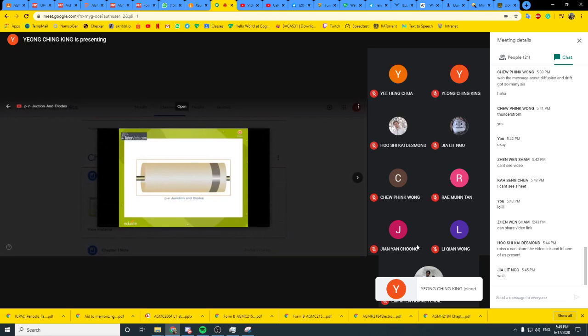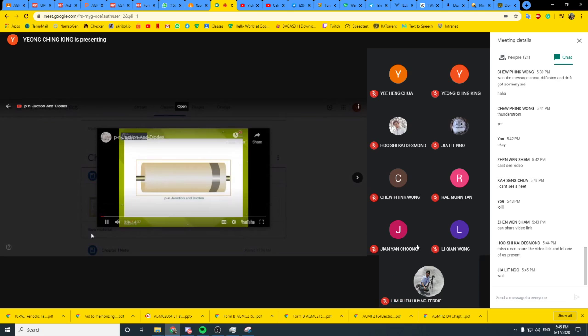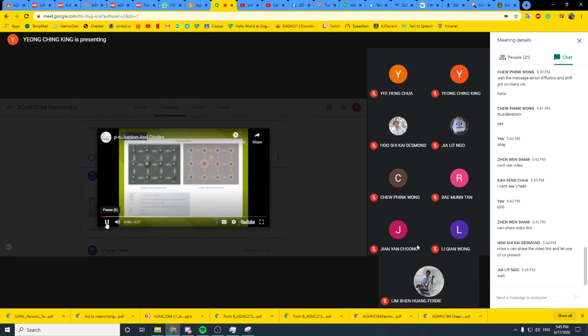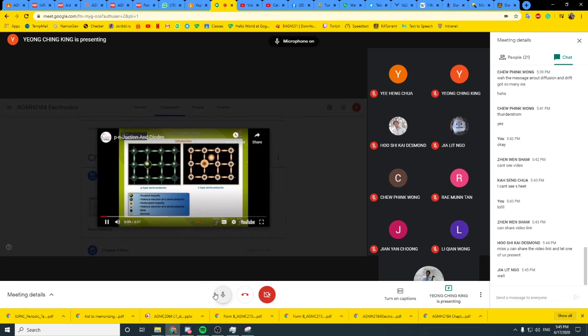PN junction and diodes. To increase the practical utility of a P or N-type